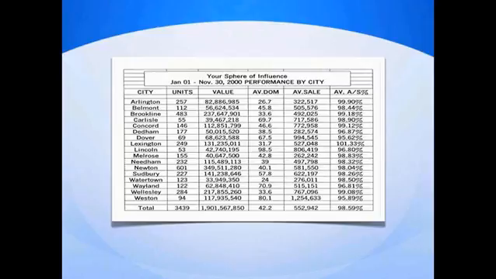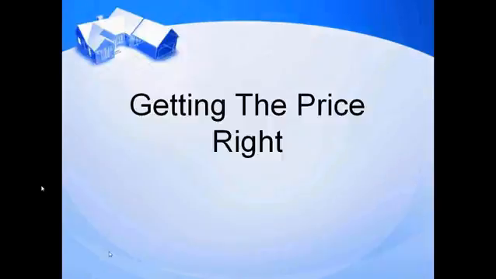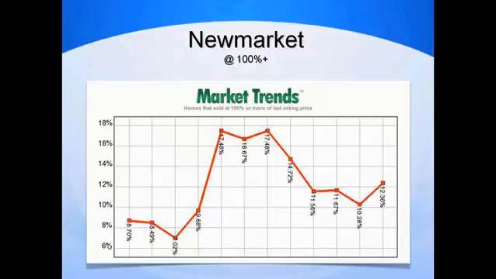The next thing I want to talk about is getting the price right. Okay, getting the price right. You can use statistics to help you get the price right. So let's look at some of these graphs. Now, one of the problems that we have when we go in to meet with a seller is we all have a tendency to bring the exact same information from MLS. So James, if the seller was interviewing you and interviewing me, there's a pretty good chance that we'd bring pretty much the same comparables, right?